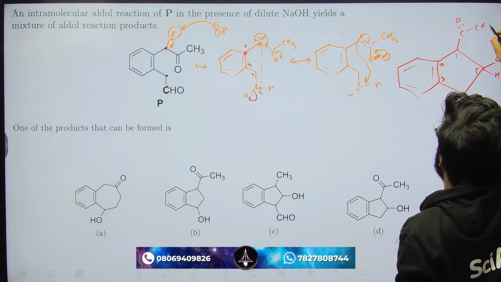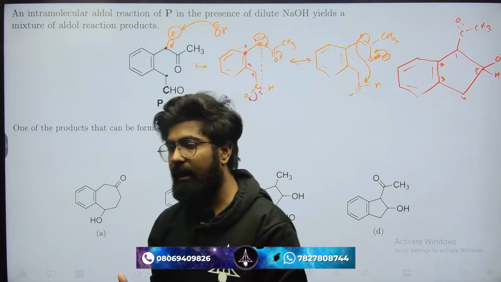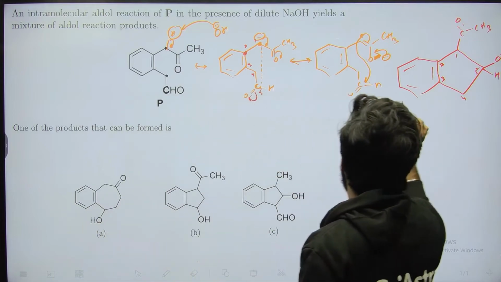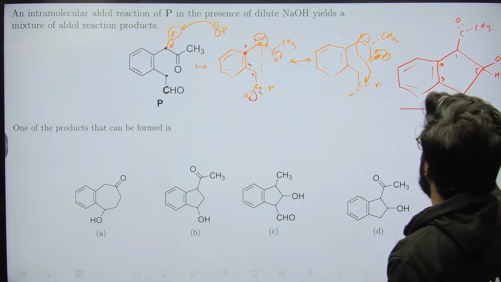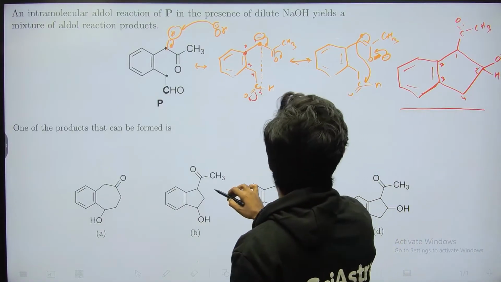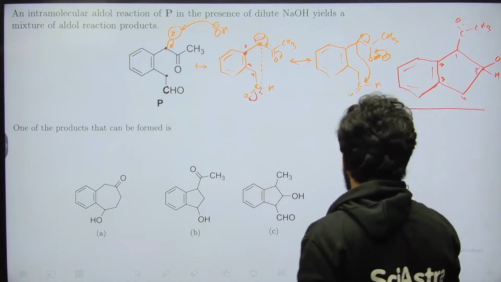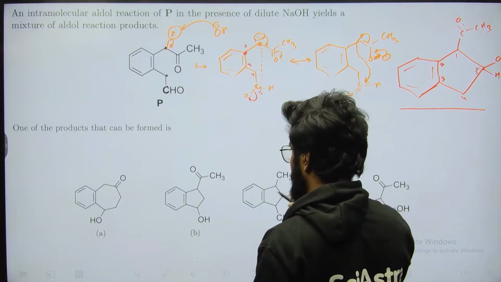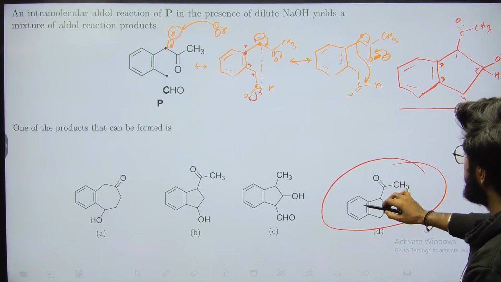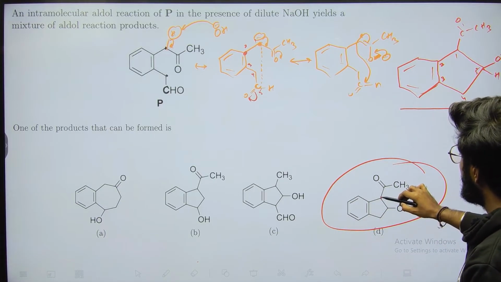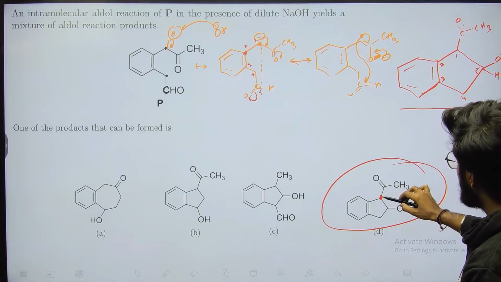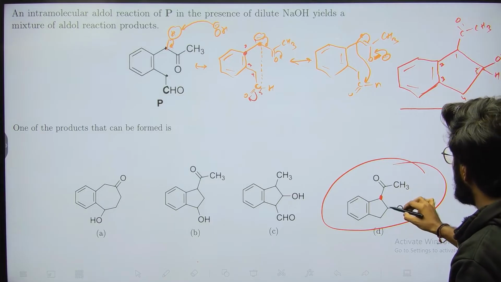So luckily, following the simple rule of the reactivity pattern between aldehydes and ketones, we came across the correct answer somehow, that this will form. You are sure shot that this compound can form through this, and this is what is given in one of the options, that is this one. See, same, right? 6-membered ring, 6-membered ring, then attached a fused 5-membered ring, and then on the first carbon you have a COCH3, and on the next carbon you have an OH group.